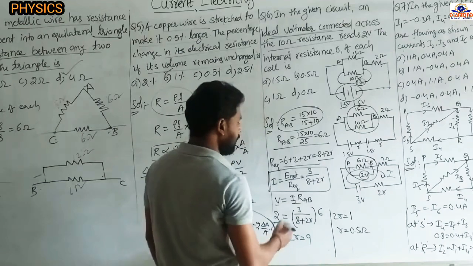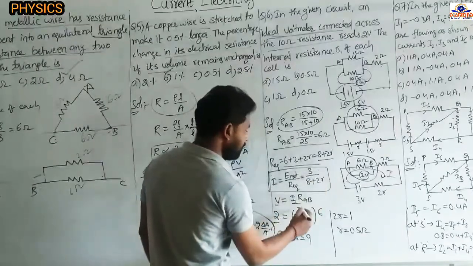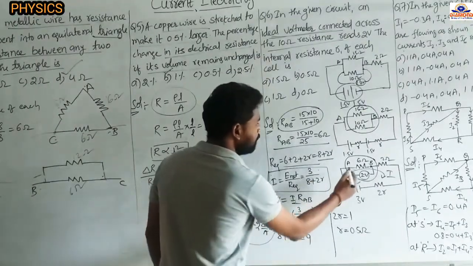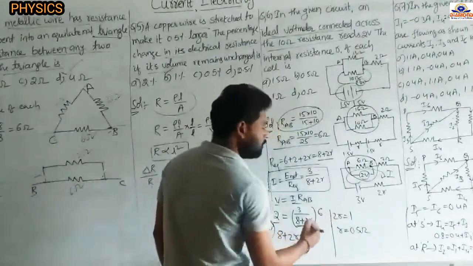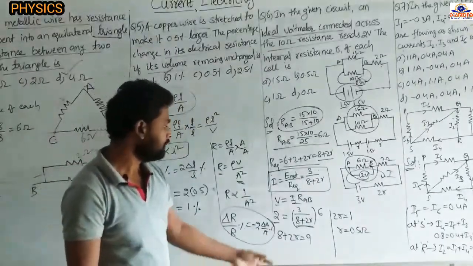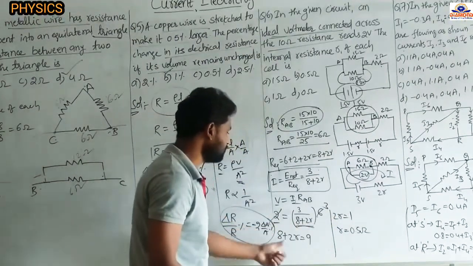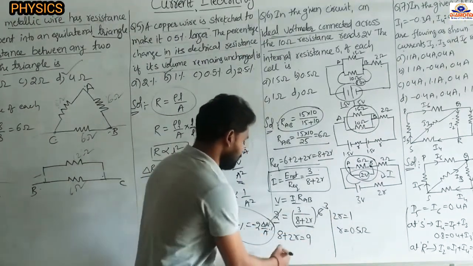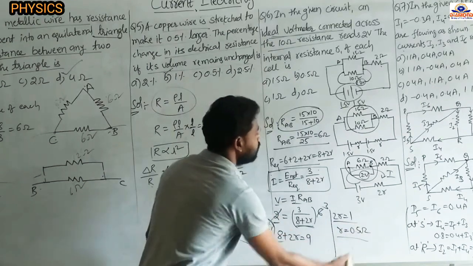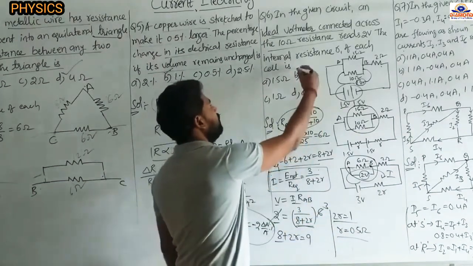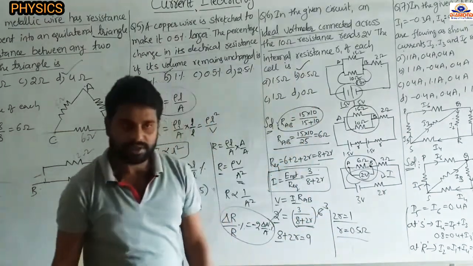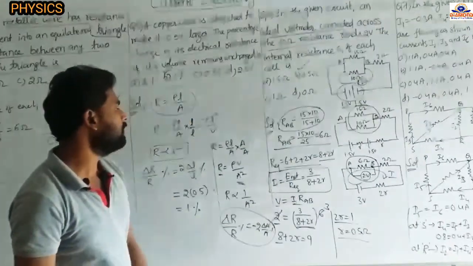I equal to how much? I means from this formula we got 3 by 8 plus 2R, and RAB, the resistance between A and B, is nothing but the 6. Okay na? Then simplified, 2 ones and 2 threes. This 8 plus 2R is sent this side, 3 into 3 is 9, and 8 sent this side, 2R equals to 1, R equals 0.5 ohm. Each cell offers 0.5 ohm internal resistance.